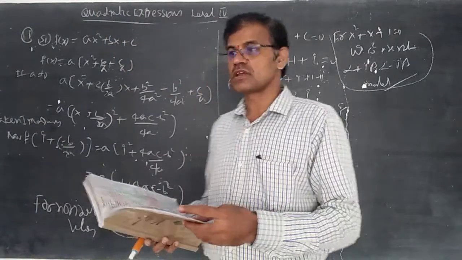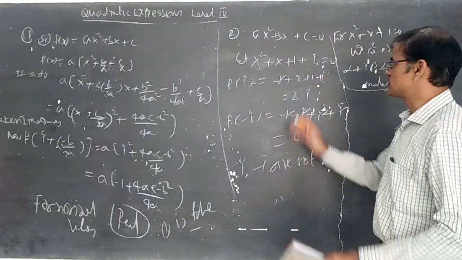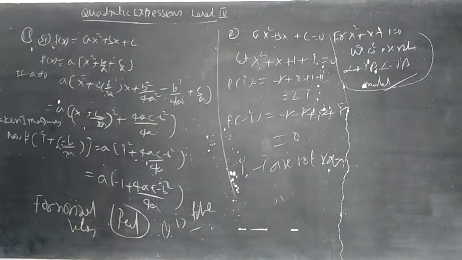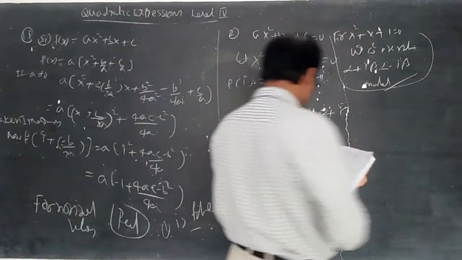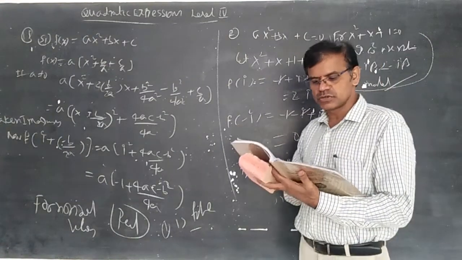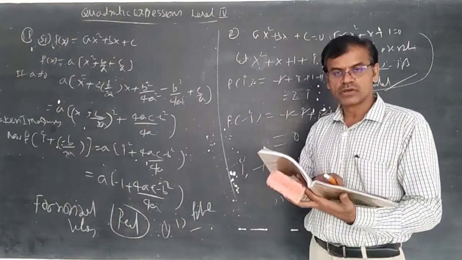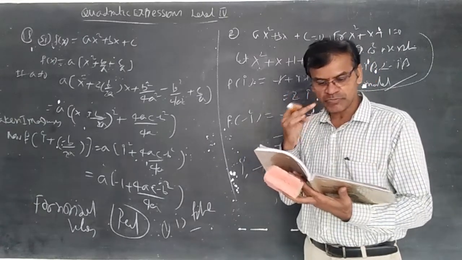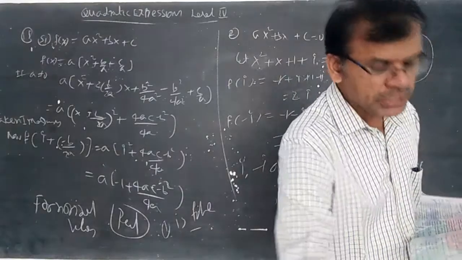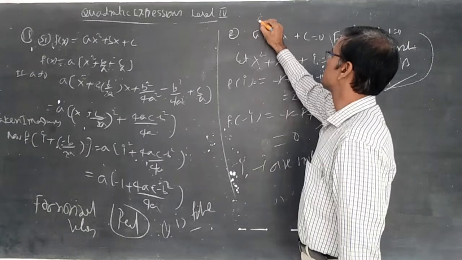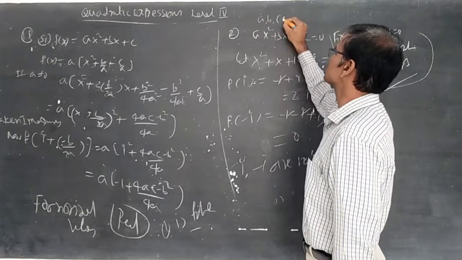Students, in the previous class we visited the 18th question, second statement: if a, b, c are complex numbers and a is not equal to 0, then alpha plus i beta, beta not equal to 0, is a root of ax² plus bx plus c equal to 0 if and only if alpha minus i beta is a root of ax² plus bx plus c equal to 0. Here he is going to discuss with us that whenever a, b, c are complex numbers.